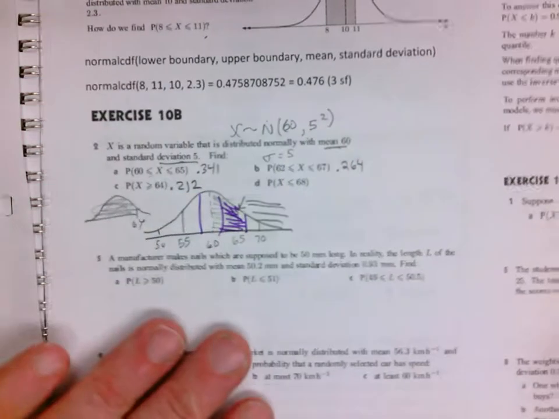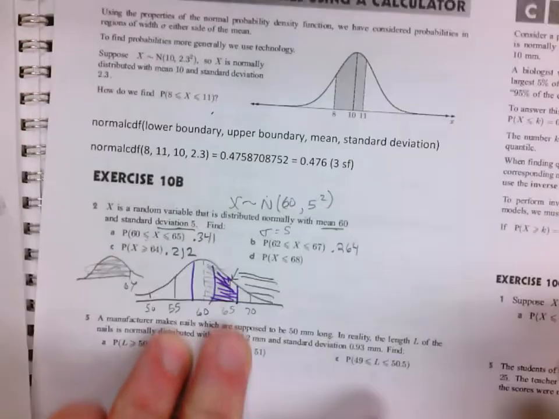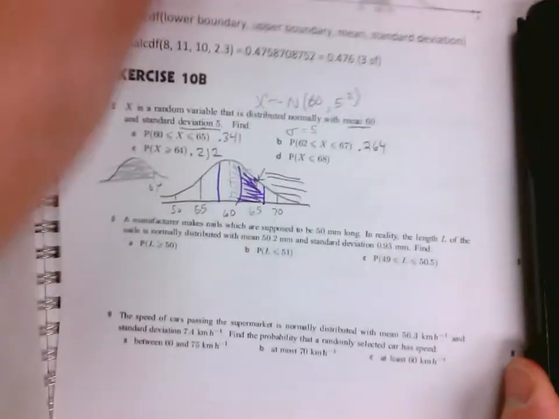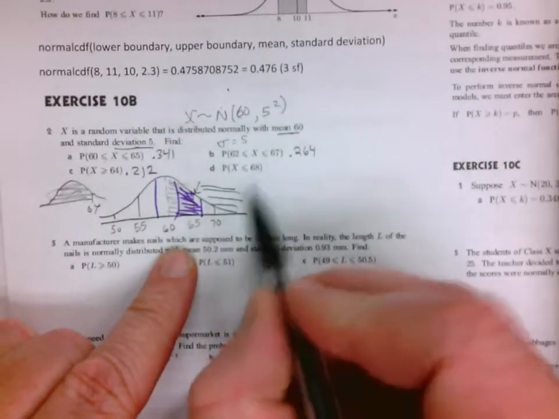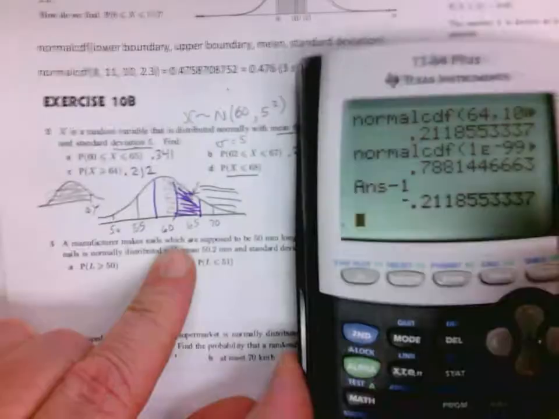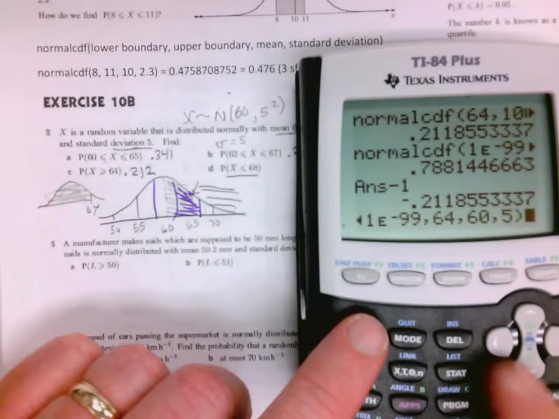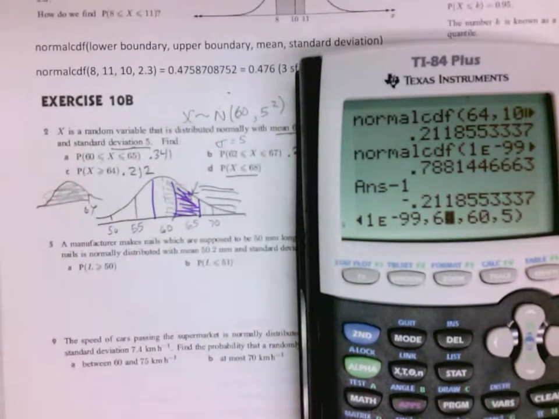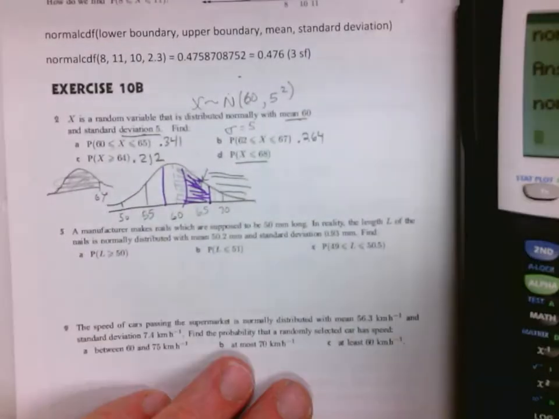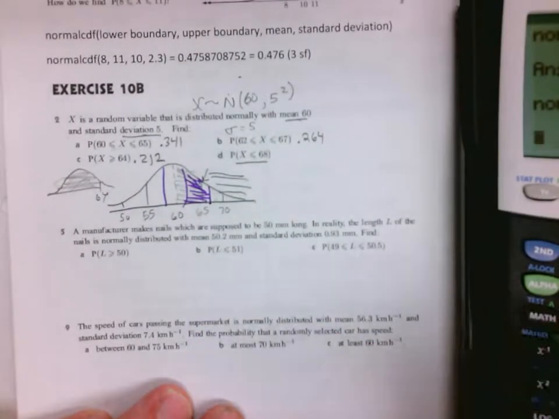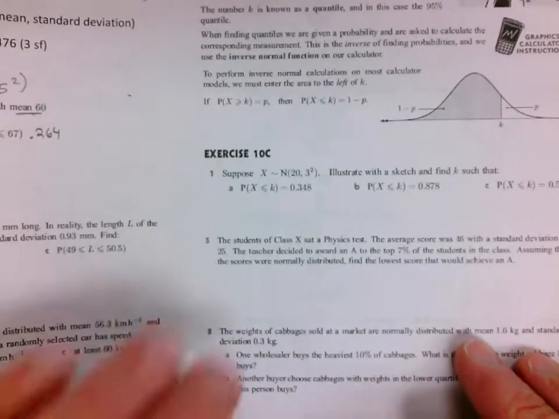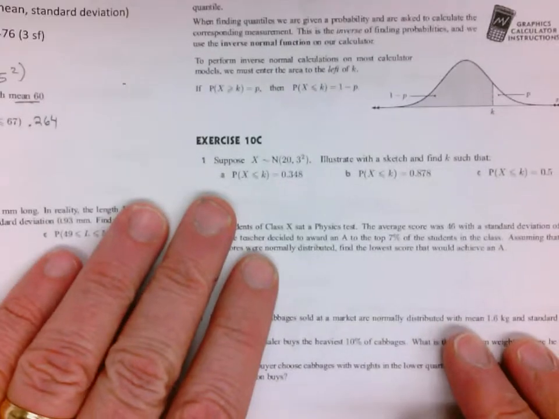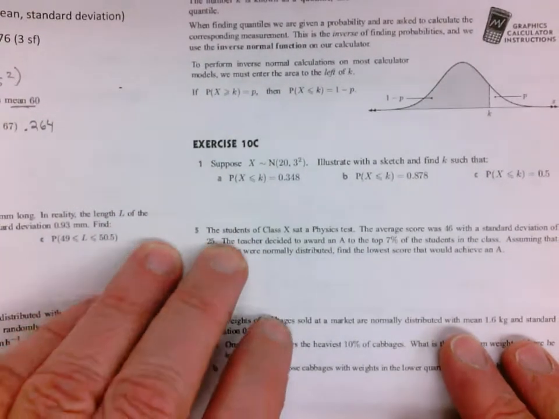Okay, so again, understanding where you're at on this helps you see. So 68, I know is going to be up here. Everything less than 68, so I can go from 0 to 68, 94.5. So 0.945. Okay, let's go over to this side, and this one is, we call it quantiles or k-values, but